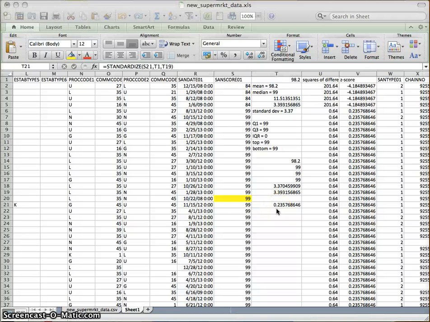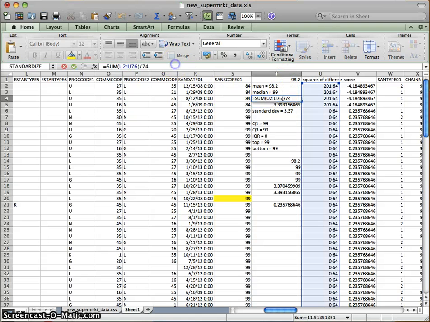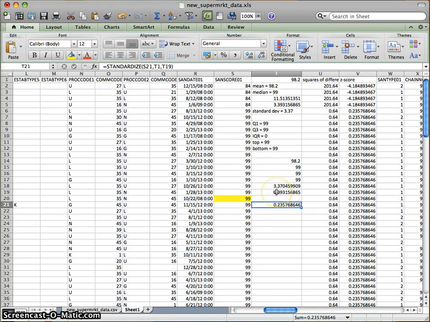And mystery solved, and reason to be aware of whether your formulas are live or not. So what happened here was actually, because all of these formulas are live, when I changed the way that I was calculating my standard deviation, it trickled through to my squares of difference and z-score calculation. So to get my figures to match up now, I need to use my new standard deviation of 3.39. And when I do that, I do indeed get the value that I expect, this 2.357, et cetera. Again, if I were to return this,